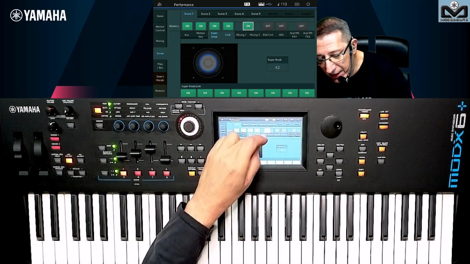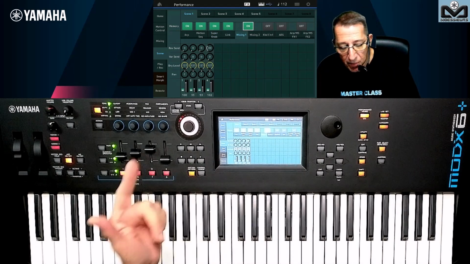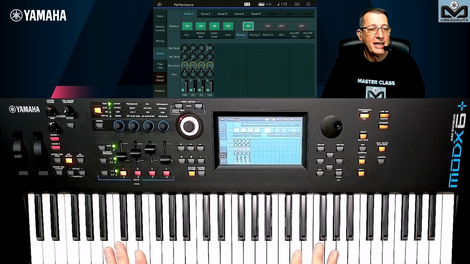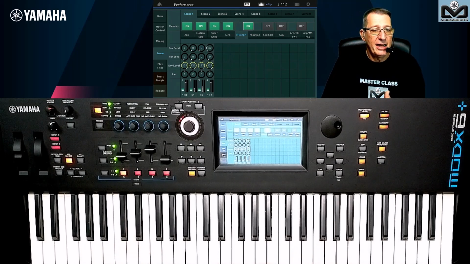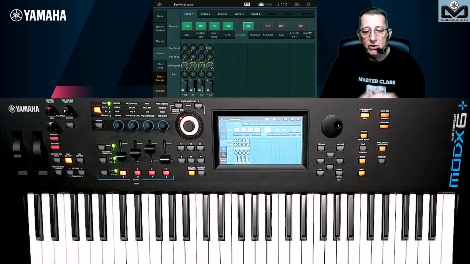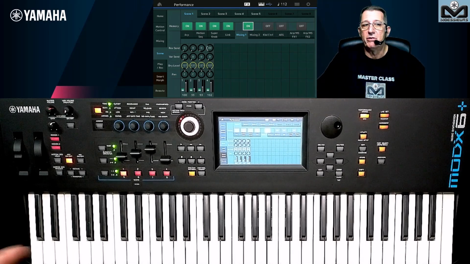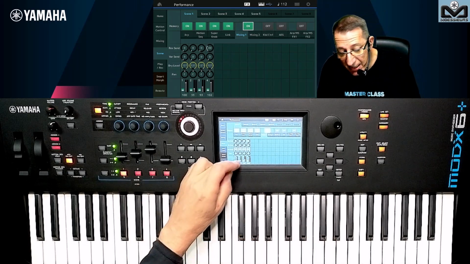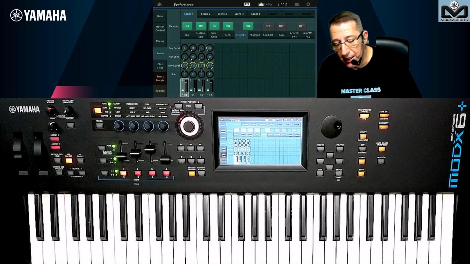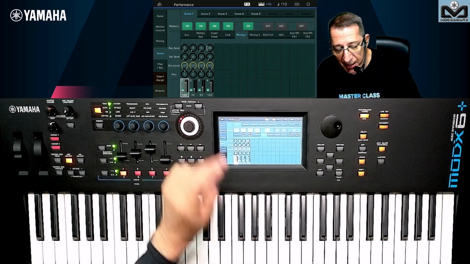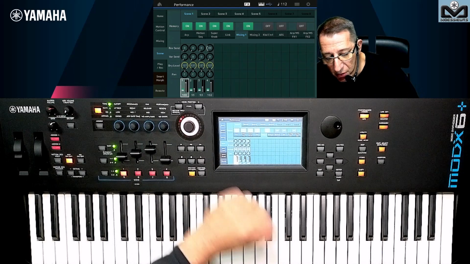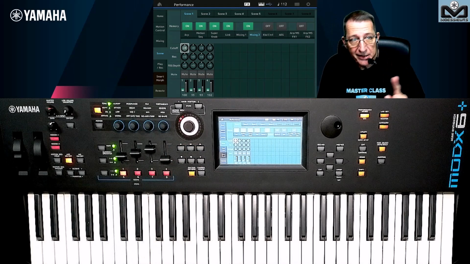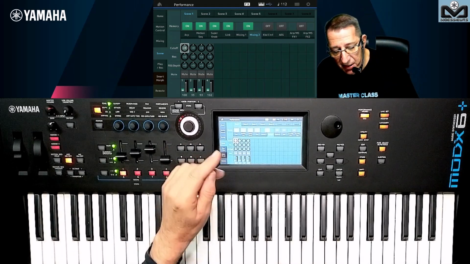You can manage the mixing too. You can manage the volume, of course, which is very important if you want a soft, quiet sound for the introduction, a middle volume for the verse and the chorus, and when you need to play a solo, a huge volume to get through the mix. You can manage this directly with the scene memory. Also the reverb and variation send, the pan if you want, the dry level, and on this second page you can manage the cutoff. You can change the cutoff of a sound from one scene to another, resonance, and LFO depth.